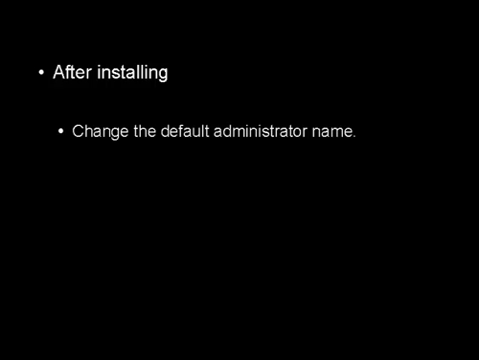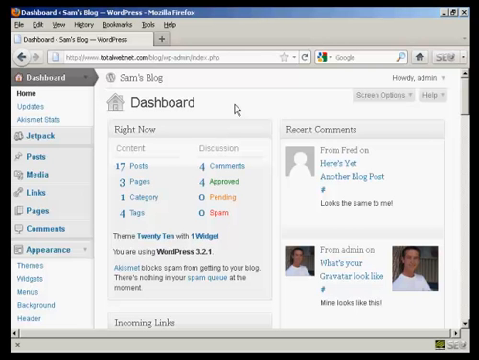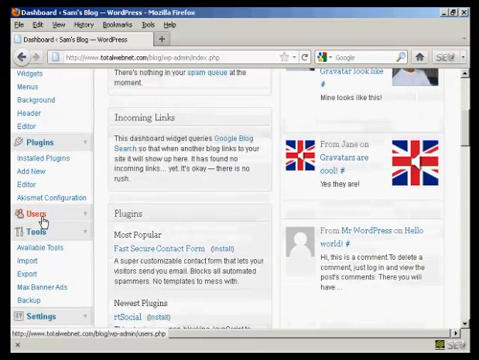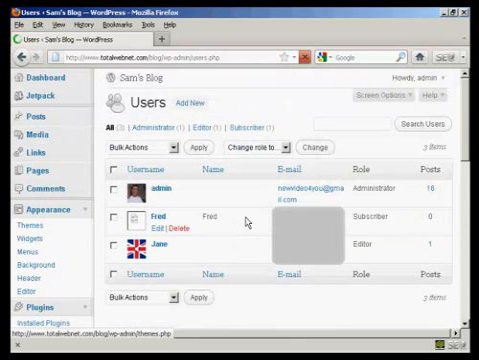If you've already installed your WordPress blog, here are some steps that you can take to improve the security of your existing installation. If you have manually installed WordPress, then the default administrator username will be admin, and you should change this into something that's harder to guess. To do this, log into your WordPress admin area, scroll down here to users, and then add a new user. So click here where it says add new,